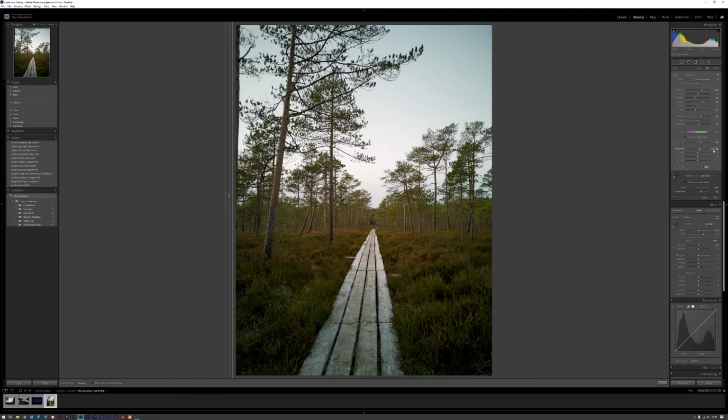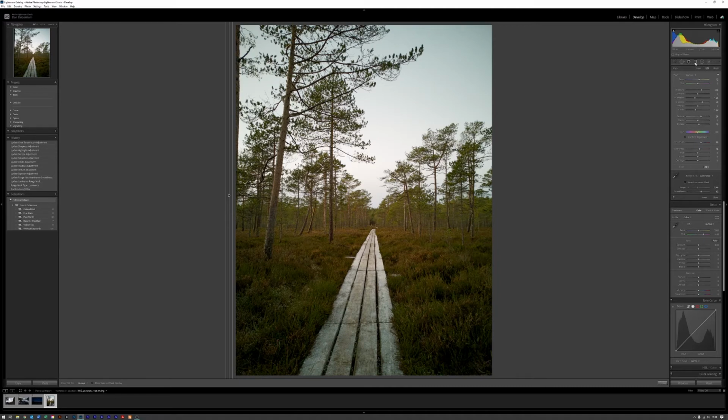So again, it's very small adjustments, like 16, minus 22. We've got shadows down by minus 40, and the highlights are down by 26. We're only exposed over by 1.3, so we're still trying to keep that as we can. Now we can also adjust the temperature of the image, so I can make it cooler or I could make it warmer if I wanted to. I think in this instance I'm going to make it slightly warmer. So I'm going to go to maybe 12, and we'll see what that looks like.